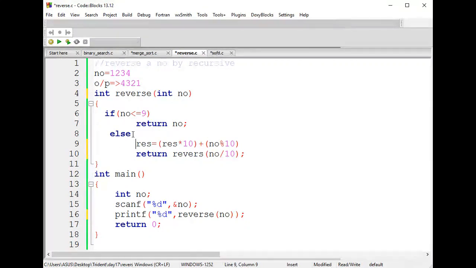Since we have more than one statement, let me put this inside curly braces.